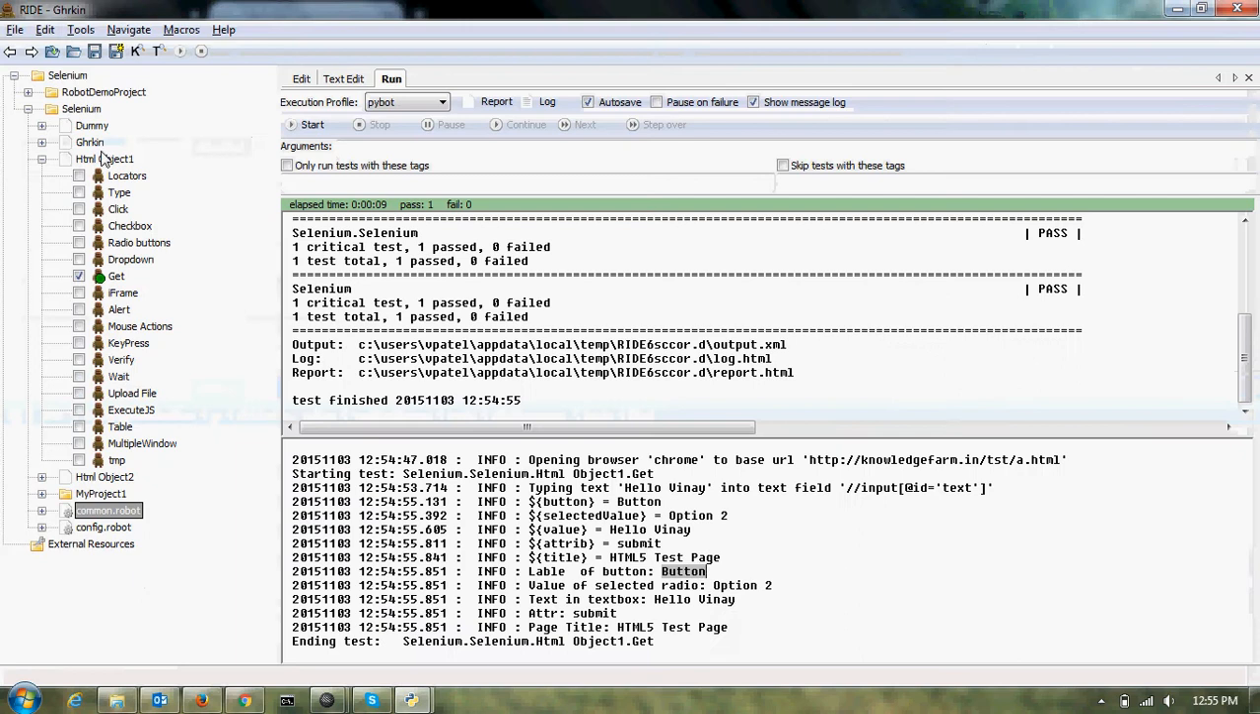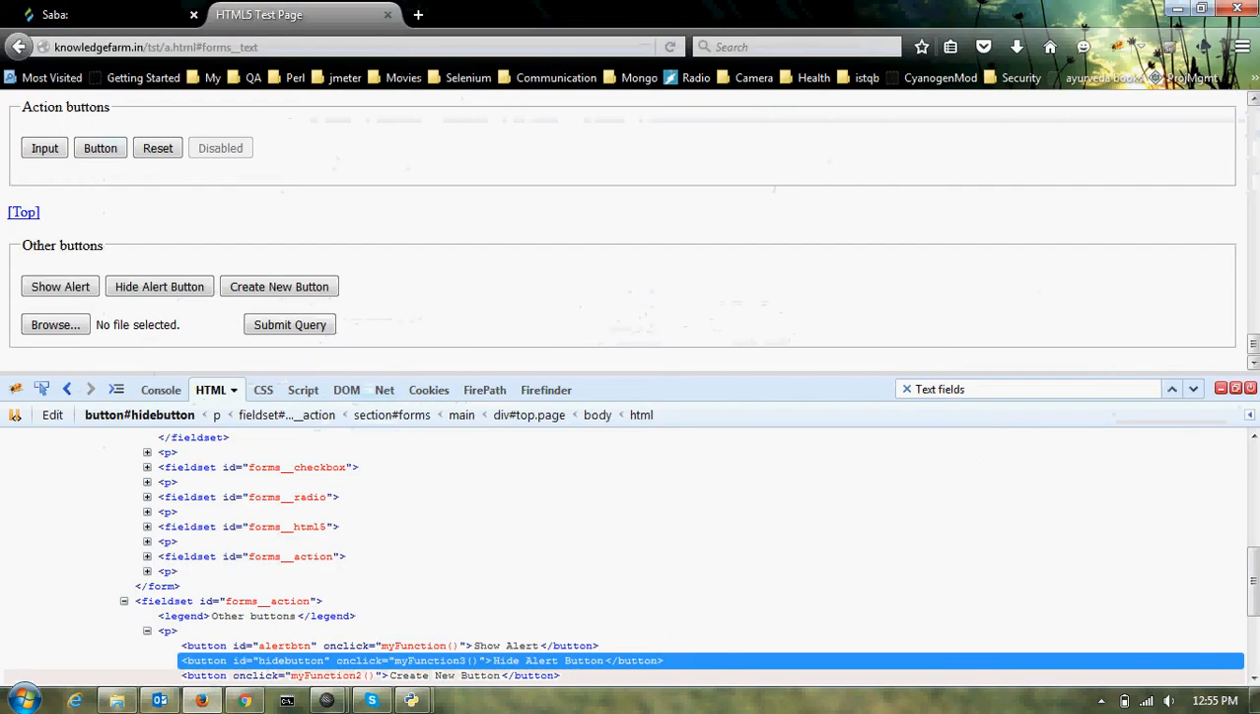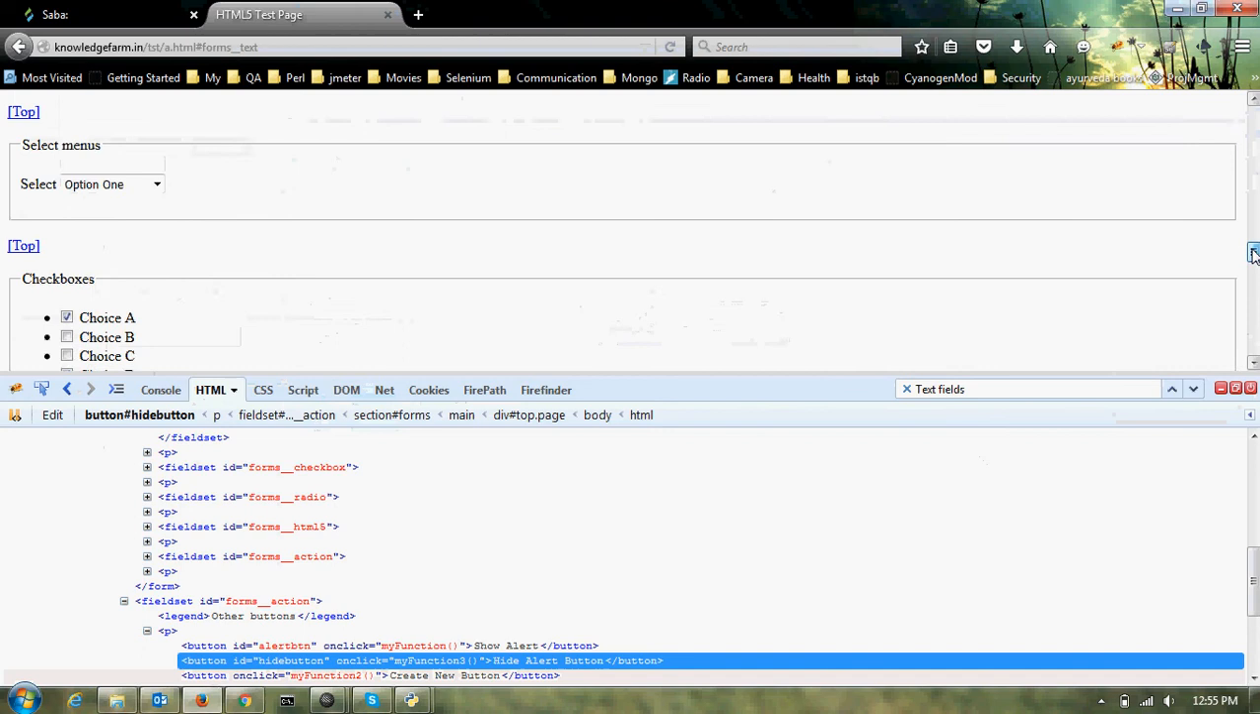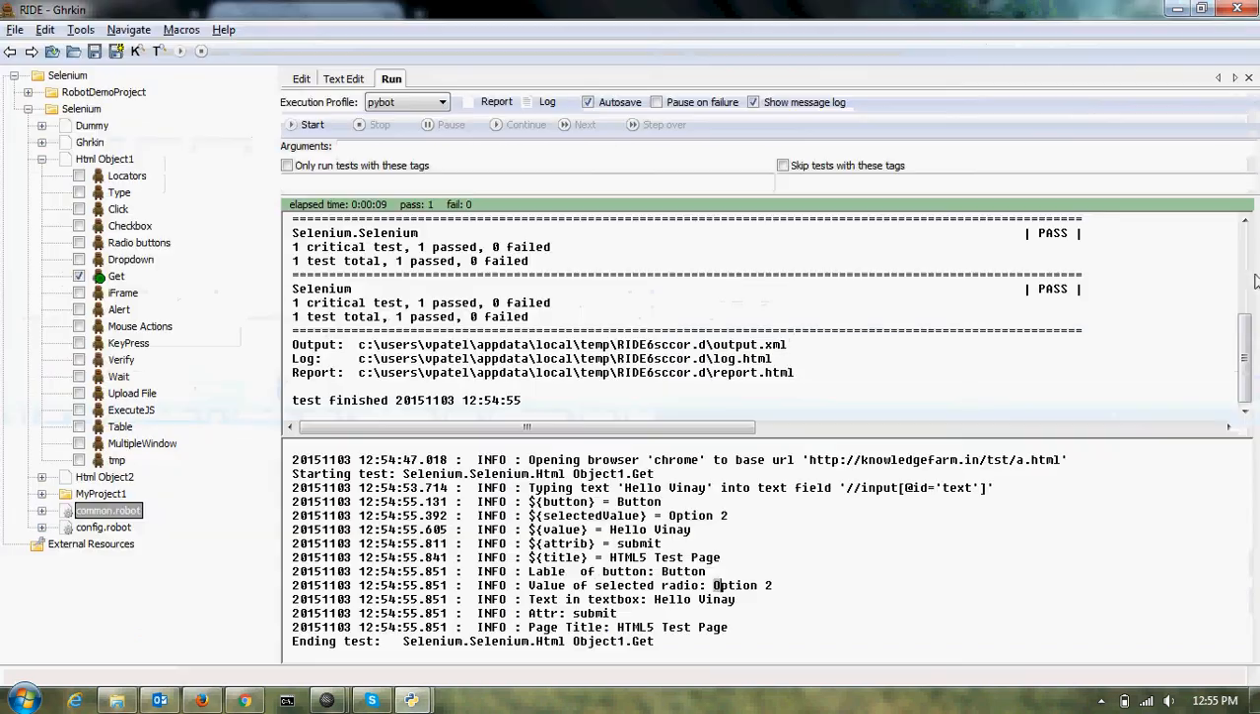and it was referring to this button, so it had label button. Then it says value of selected radio button, so it says that it was option 2, so it was referring to this radio button. There you go. Similarly, it got the value of text box, so we typed hello Vinay and that is what it returned us. And for attribute,